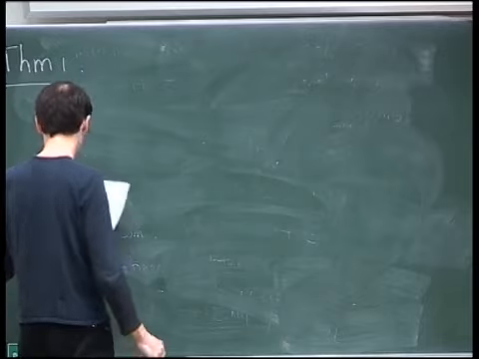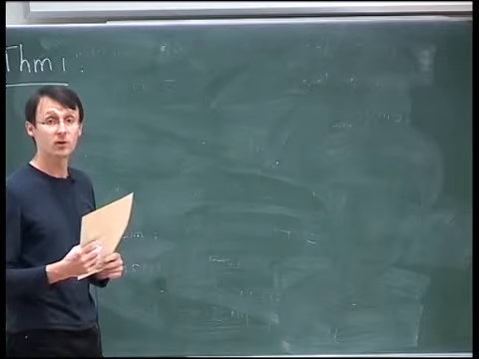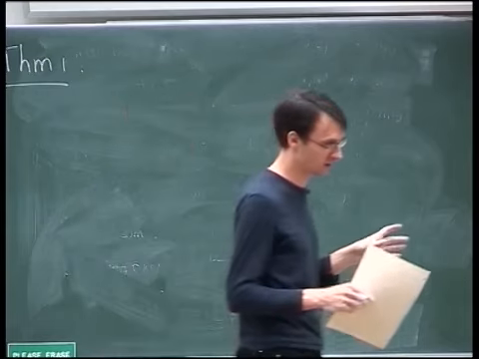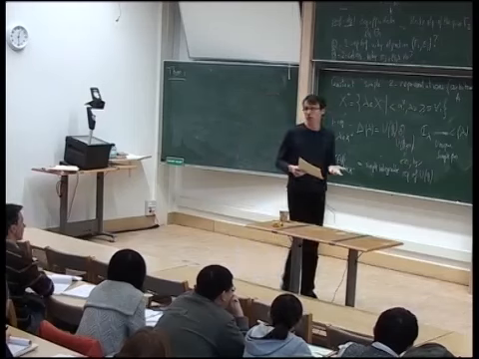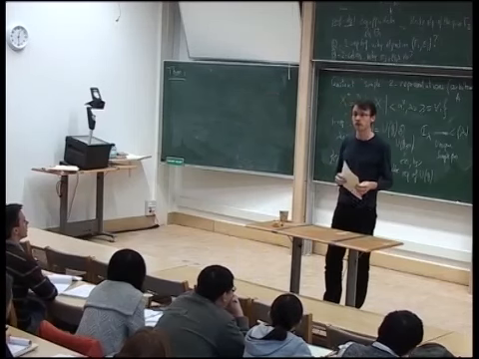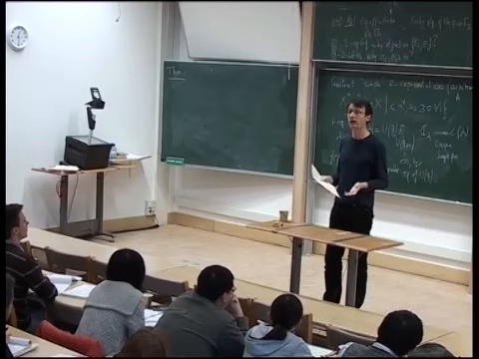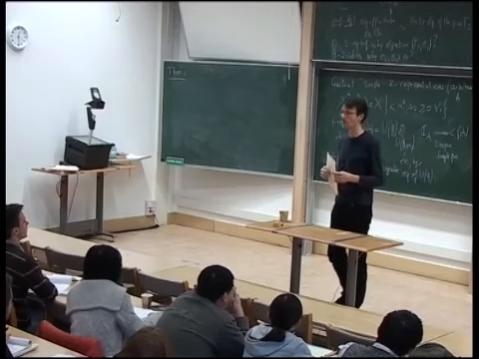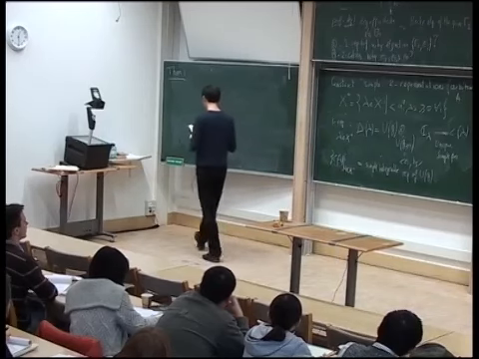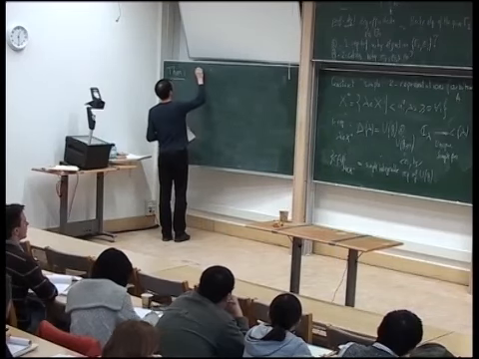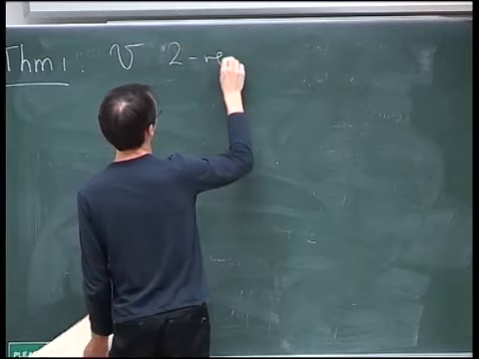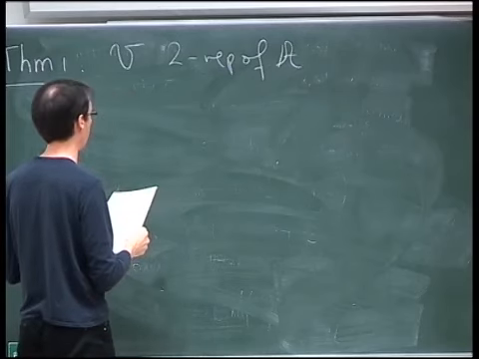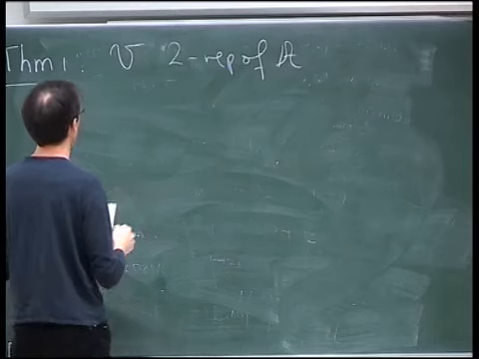So the first case of study is the isotypic case. If you take a representation whose character is a multiple of an irreducible character, or whose class in K_0 is a multiple of an irreducible representation, you would like to say that the representation itself is a multiple of that irreducible representation. So that's the first statement. So we take V, a 2-representation of A in the sense of linear categories, and we assume,